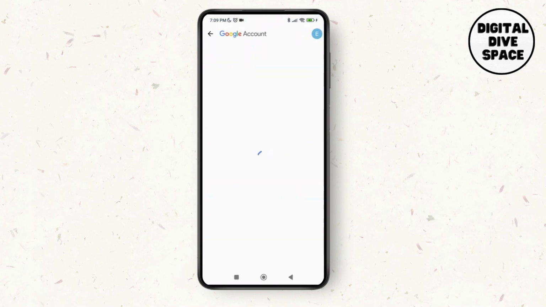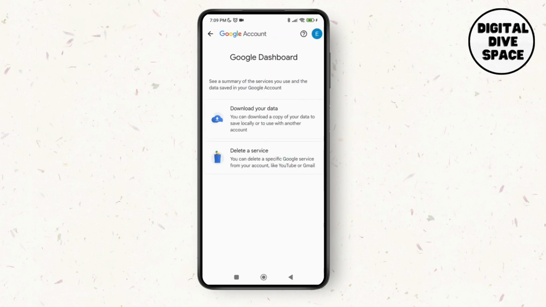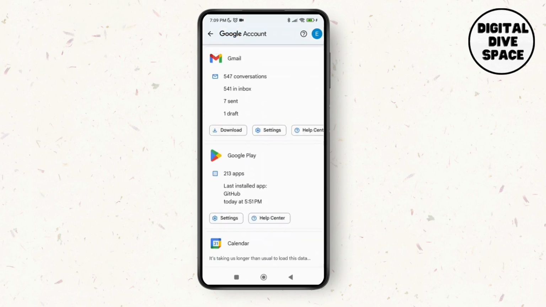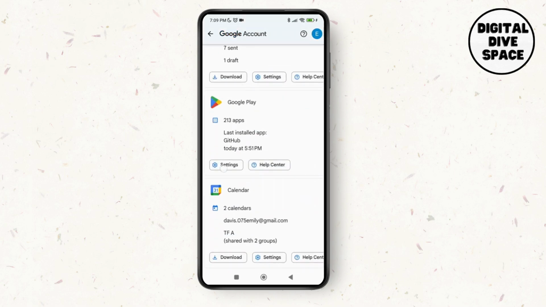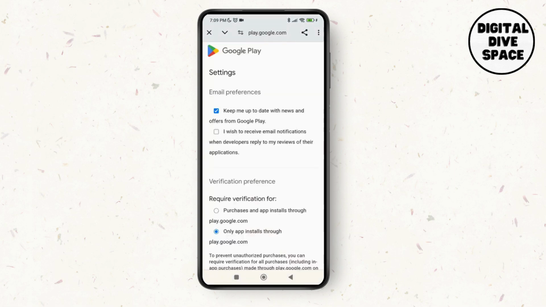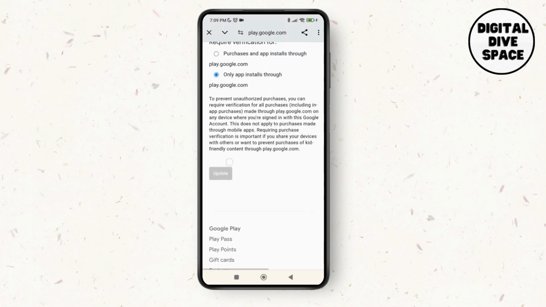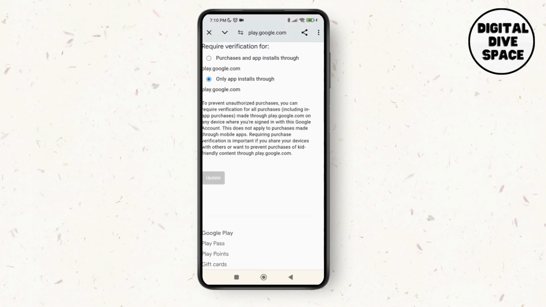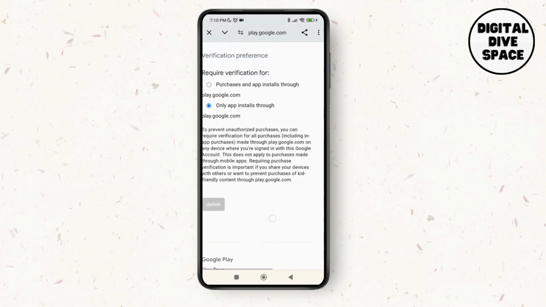Now as you do that, you'll be able to see all the services that you use from Google. So just scroll down and tap on Google Play Settings over here. Now as you tap on Settings, you can scroll down and tap on the Update option over here. So make sure that you have the latest and updated version of the Google Play Store app